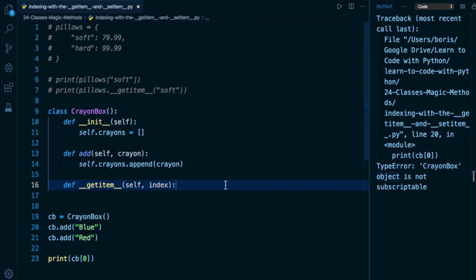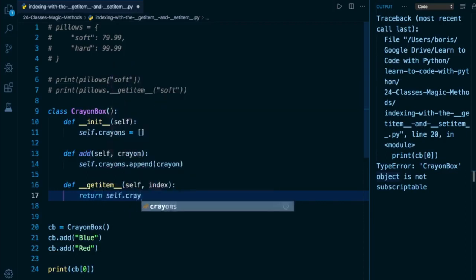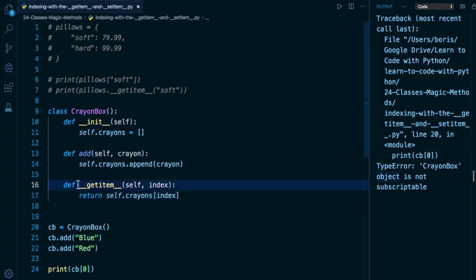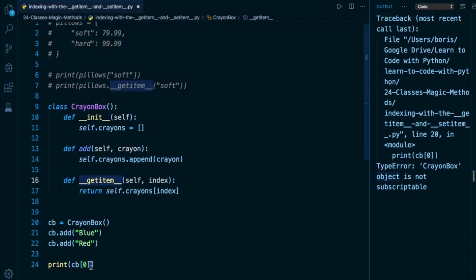So all I really have to do here is provide a way for Python to access something within my crayon box given a given index. So I'm going to write it out and we're going to take a look at what it's doing. So here I'm going to return self.crayons and provide index. So what this is saying, this Dunder getitem magic method is hardwired to recognize this square bracket position. It knows to look for that. So whenever Python is going to see the square bracket syntax with our crayon box object, it's automatically going to invoke Dunder getitem. The exact same way that we saw Python invoke Dunder getitem for our pillows dictionary a few minutes ago. So Python's going to see line 24, it's going to invoke line number 16, and whatever we pass